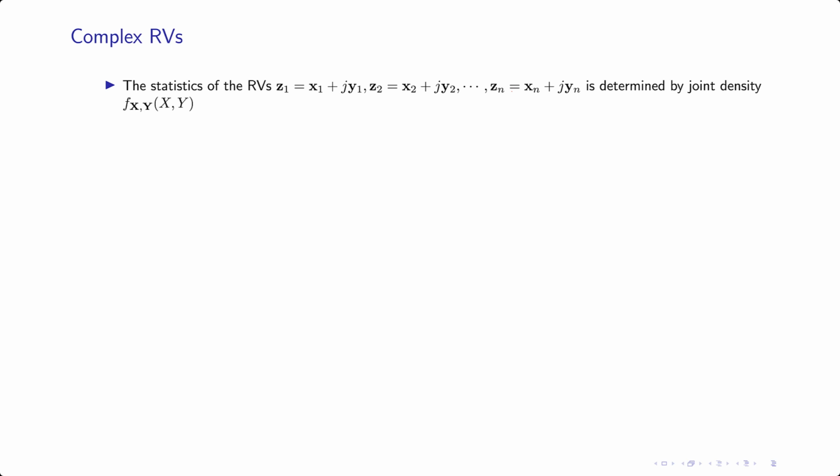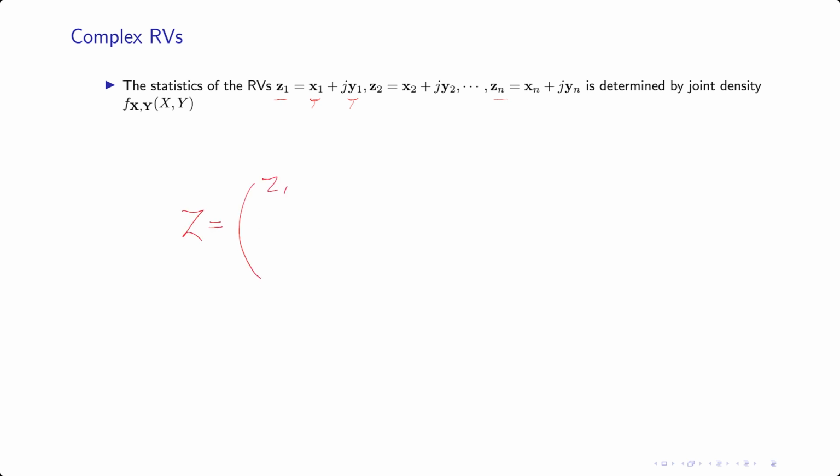Indeed, a complex random variable is like this: if you have a random variable Z1, it has a real part, which is a random variable, and it has another imaginary part, which is another random variable. The same applies to Z2, a second random variable, and so on. So if you have a bunch of complex valued random variables where real part and imaginary part are random variables, we denote the vector Z as